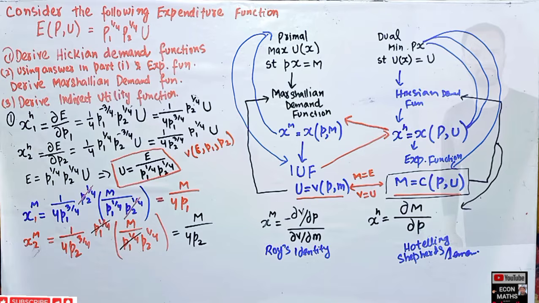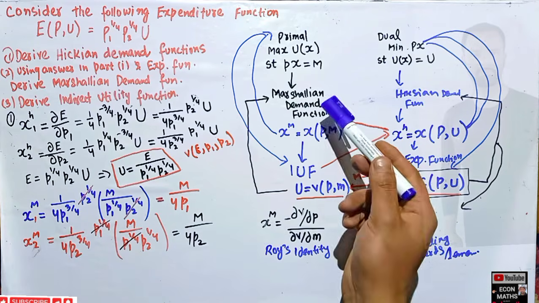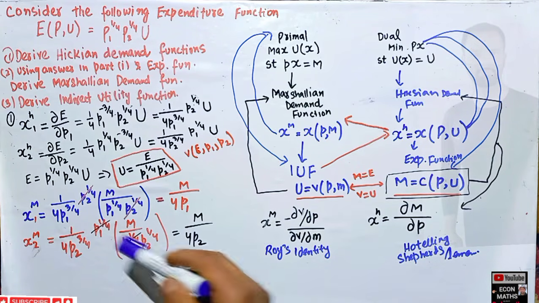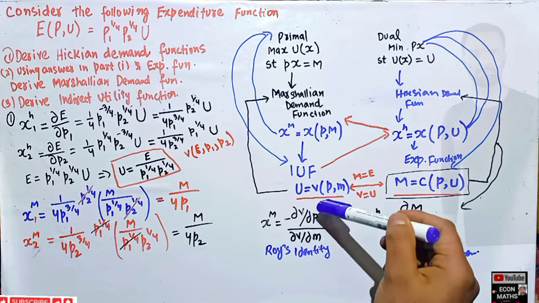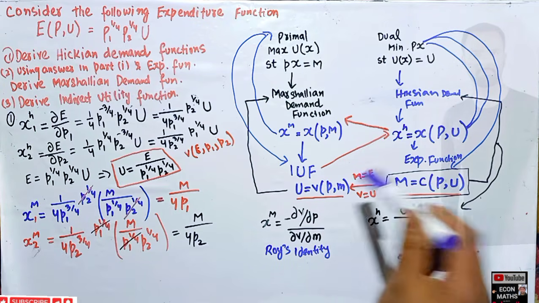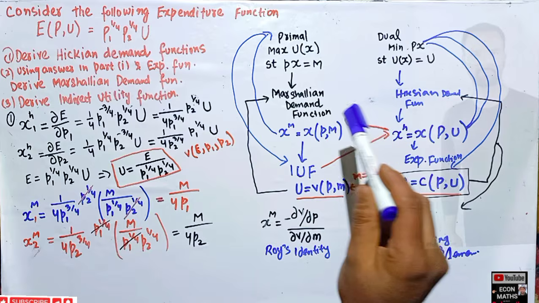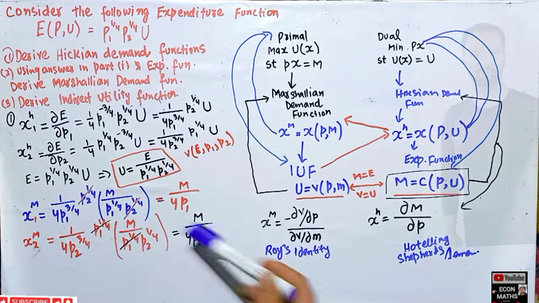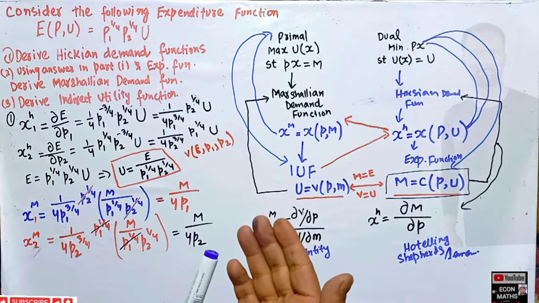Now there are two methods of calculating the Marshallian demand function. I have told you the first method is just plug the value of the indirect utility function into the Hicksian demand function to get the Marshallian demand function, which is what we have done here. So if I can beautify this,